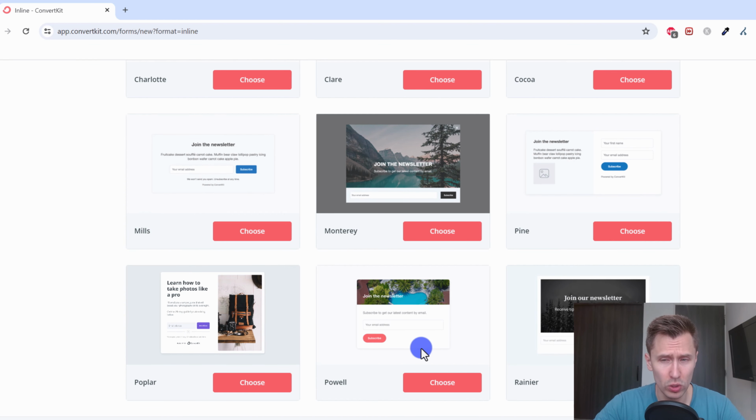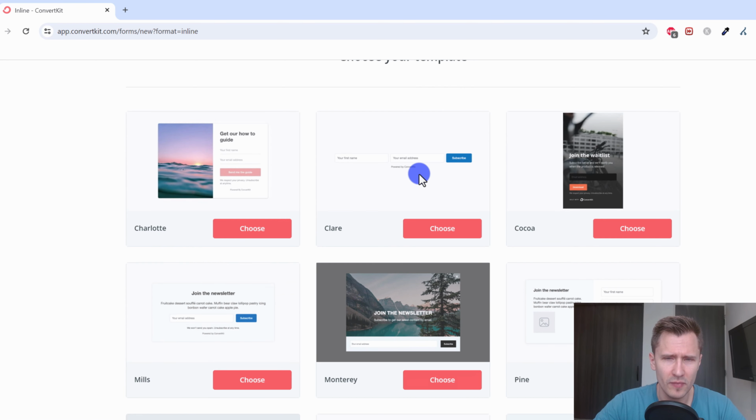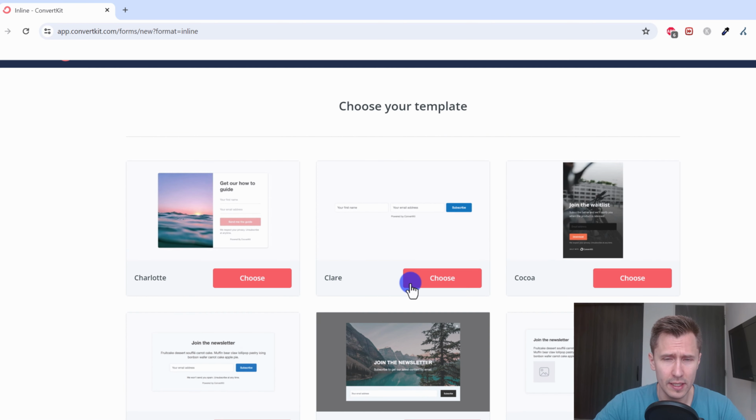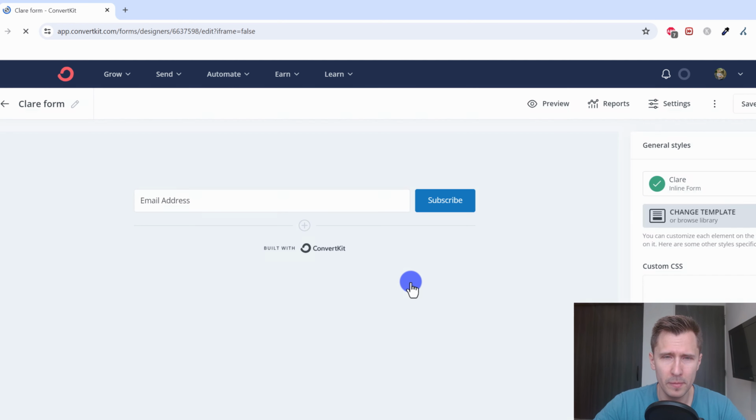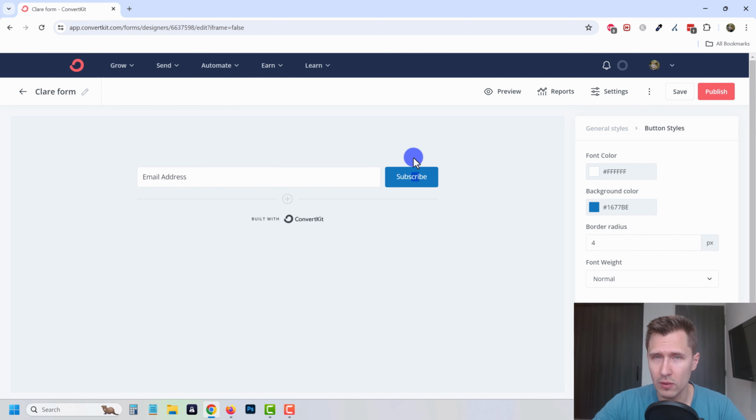Some of these look pretty cool, pretty sophisticated, lots of images and stuff. I'm going to go with something basic over here, but you will see the process. It's really simple. It's just drag and drop, really. So we're going to click choose. And yeah, you can't really move around elements here. That's not what ConvertKit is about. It's not about you being able to move things wherever you want to. It's more about adding what's important. So in this case, for example, the button, if you want to change what this says here, you can say